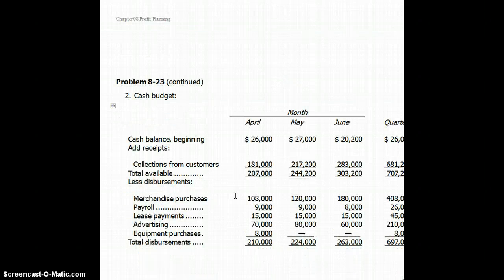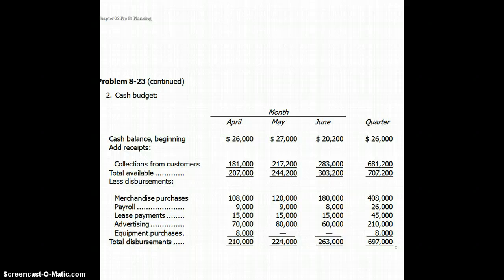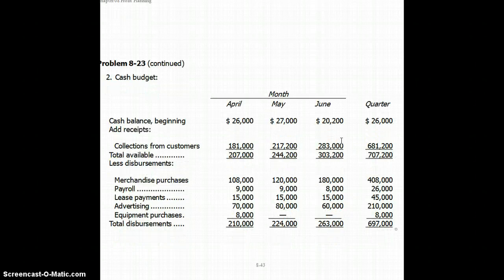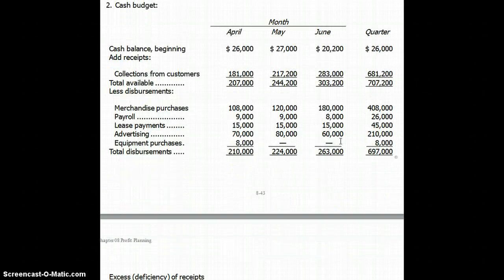Next step in this process is to calculate the cash budget. And the cash budget for this quarter is as follows. We will start the month of April with $26,000. Add to that our collections from April of $181,000 to give us cash available